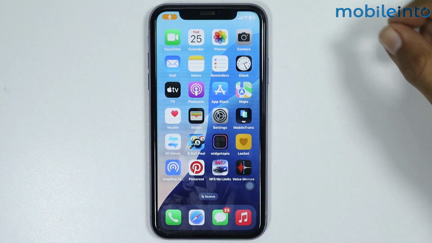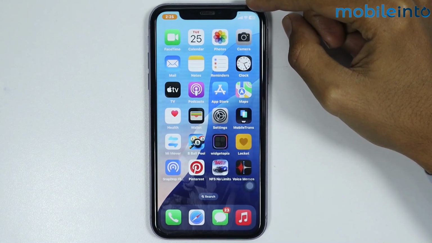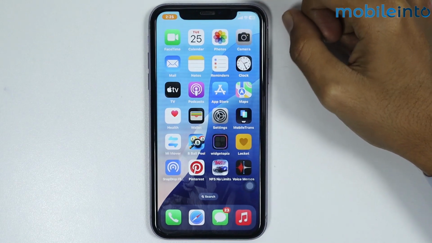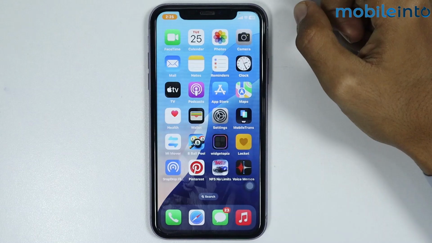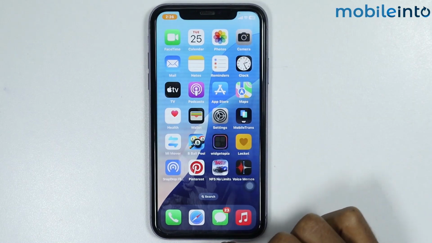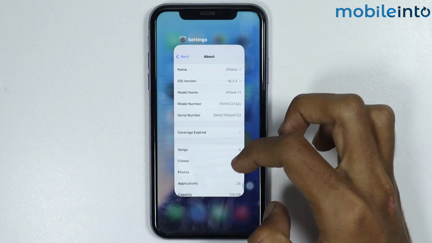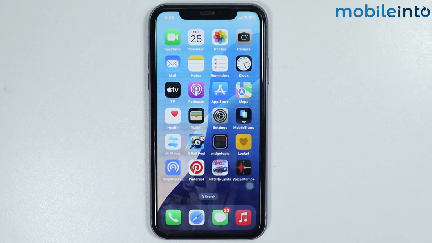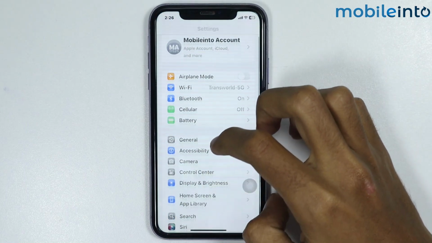Now, sometimes the orange dot or the green dot appears at the top of your iPhone when you're on the home screen, or when you're not using an app that requires the microphone or the camera access. Now, how to fix this issue? First of all, check that there is no app in the recent apps section which is using the microphone or the camera. Now, once we have done that, and if this issue is still not solved, just open the settings app. Now from here, scroll down